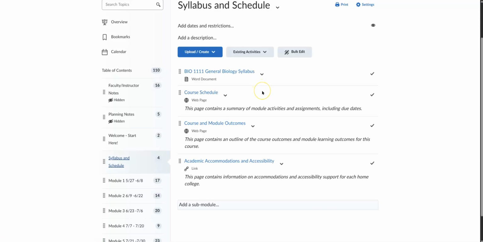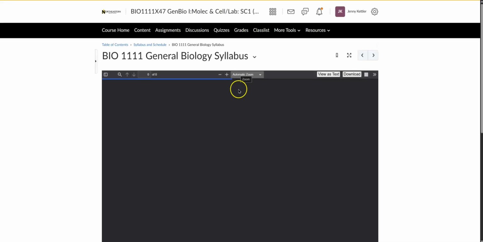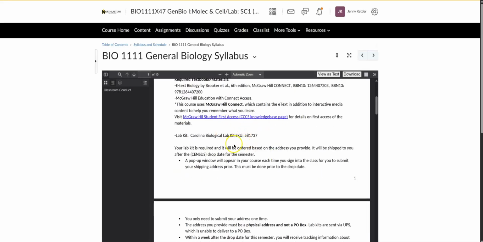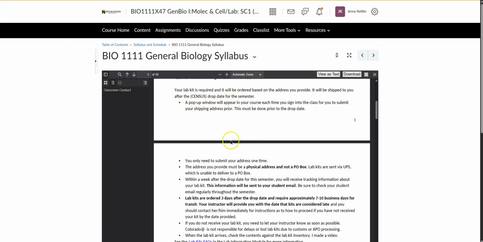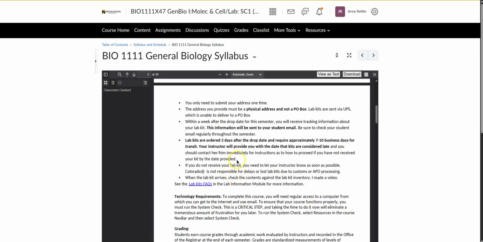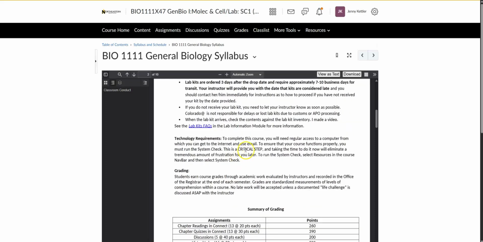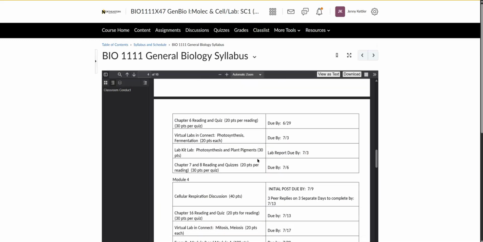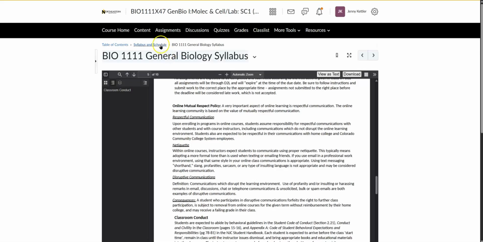So going to the syllabus and the schedule, your syllabus is listed here with all the information that you need, the textbook material, and so this is the lab kit part that I was talking about. So make sure you read through this really carefully. This is really important information about how to get the kit and when it's going to arrive and things like that. The grading is listed here. Your course schedule is here. Your schedule is also posted